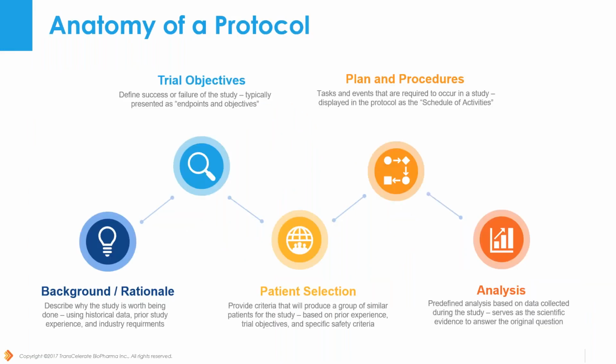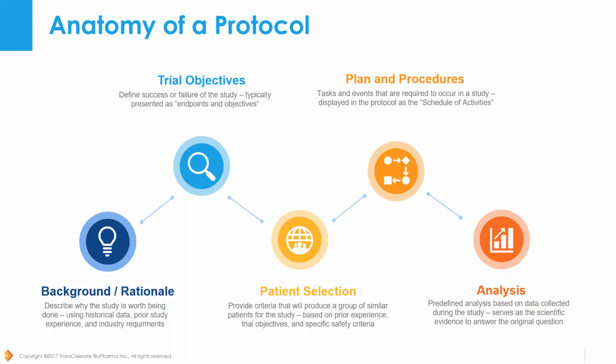The anatomy of a protocol, which is shown through the clinical trial common protocol template that was shown before. A protocol is made of pieces: background and rationale, which shows why we're doing the study; trial objectives, which is what we hope to prove; patient selection, which can inform and define what the subset of patients will look like; plans and procedures, which will define the schedule of the study and what's specifically required within each study, as well as the defined endpoints. And this can also change based on populations or geographic settings. And finally, the analysis part of it, to show how we either completed or didn't complete the answering of the